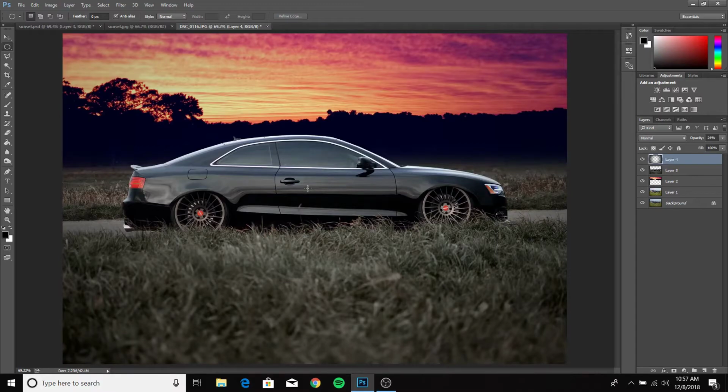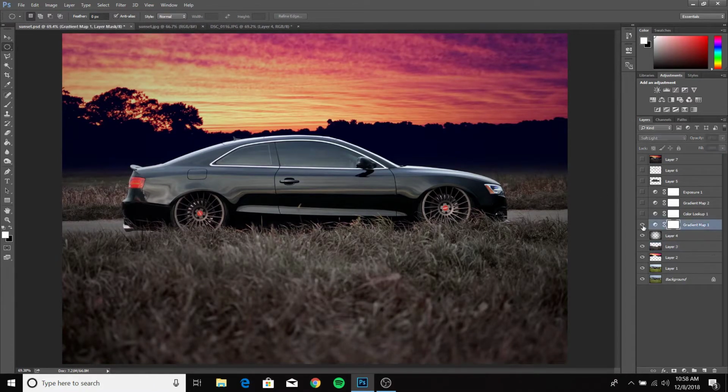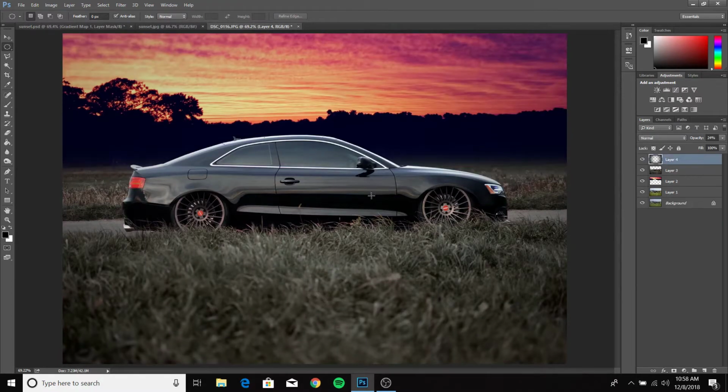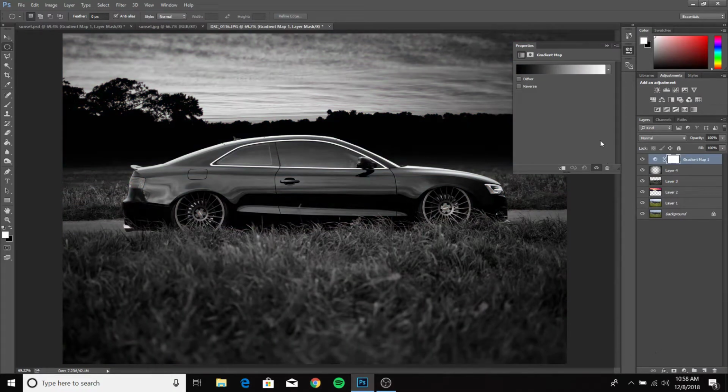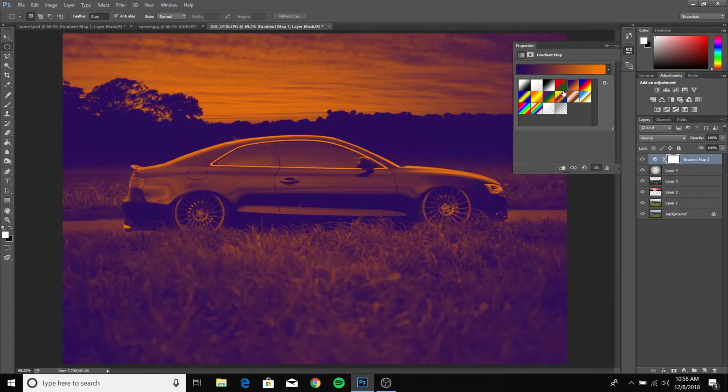Now we're just going to get into some more color adjustment layers and get it exactly where we want. In my example here, the next step that was taken was adding a gradient map, and this is actually one of my favorite gradient maps for these sunset type photos. It's a built-in Photoshop one, and it's very good. To add a gradient map, you just go down here to your adjustment layers and select gradient map. Like I said, this is one of the built-in Photoshop ones, and it's this purple and orange one. So adding that,